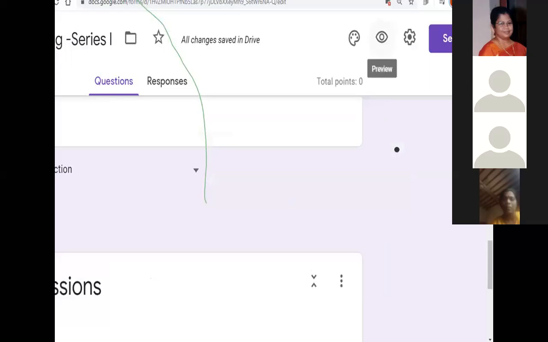So this is all about the questions. We have discussed in and out about all the questions. Suppose you have completed all the questions, it is better you just go and click on the preview icon, which is present in the right upper corner. There you have 3 icons. The middle icon is the preview icon, and you can preview and see how your questions are getting viewed.